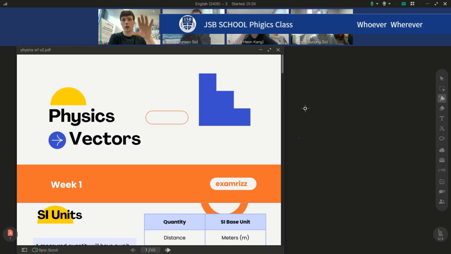Okay. So what I thought we'd go over today is some of the fundamental ideas behind the physics content that you guys are going to learn. Looking at, for example, the base units of physics. How do we derive different units for different measurements and different forces? And then actually doing some practice with example questions to practice those concepts. That's going to be the first 45 minutes today, that we're going to be doing this demo